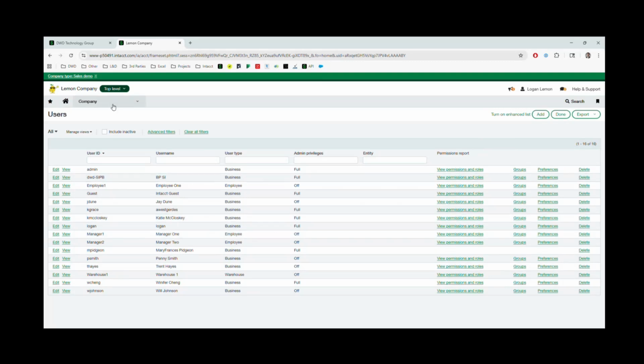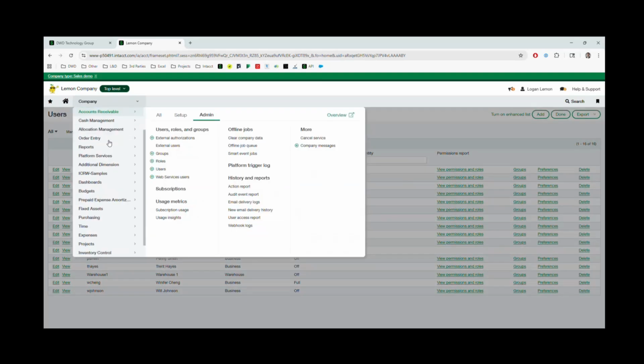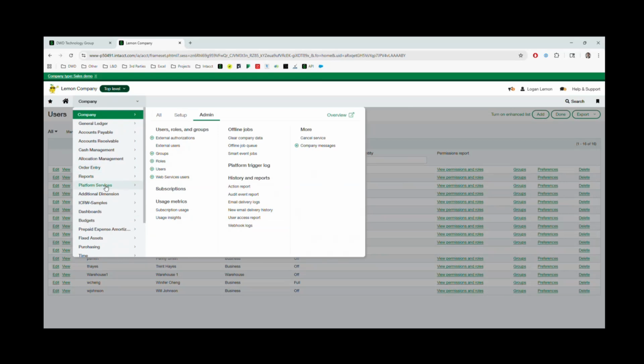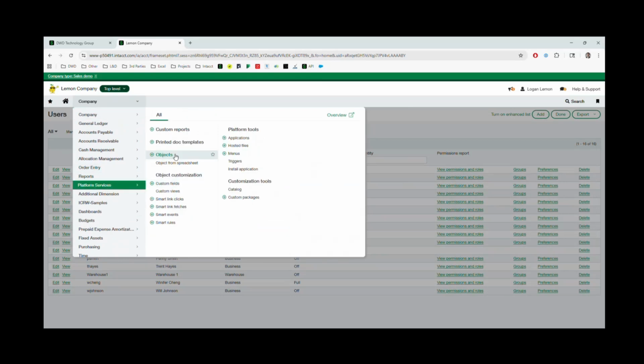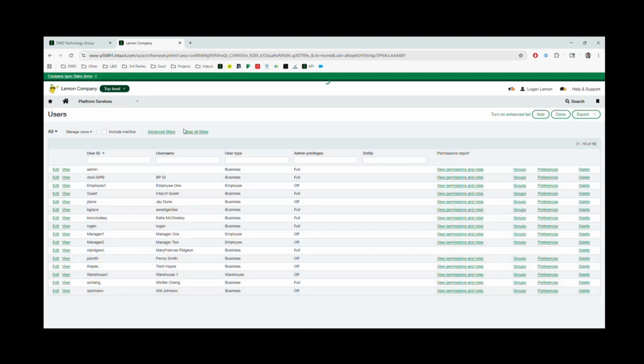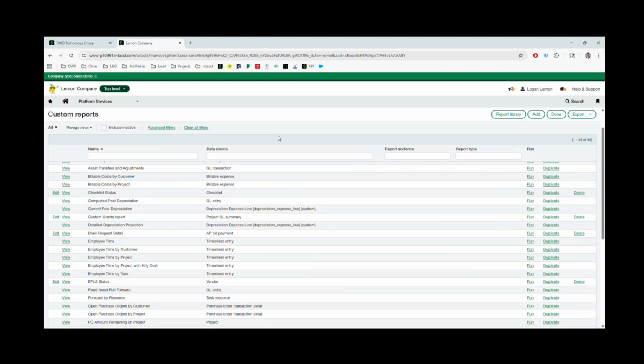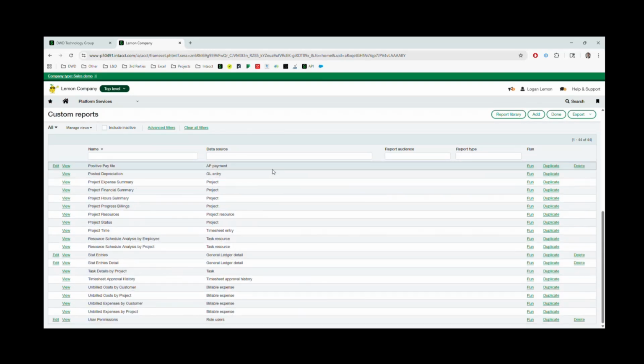So if I have permission to create custom reports, I'm going to go to Company, Platform Services, Custom Reports. When I'm here, you'll see I have a lot of custom reports. I've actually created a copy of this report already, so I'm just going to jump into here and walk you through it as if I was creating it again. If I was creating this report from scratch, I would click Add up in the top right. Instead, I'm going to click Edit, and it takes me to